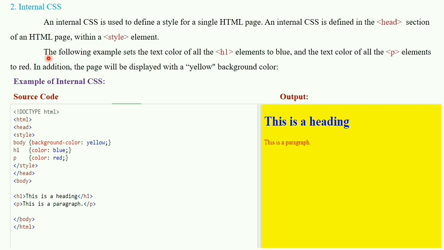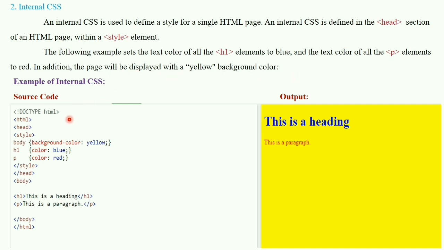Here the style comes into the head section, whereas in inline style sheet it directly works with the HTML element. Okay, so see the following example, which sets the color of the H1 element to blue and the text color of all the paragraph tag P elements to red, and in addition the page will be displayed with a yellow background color.